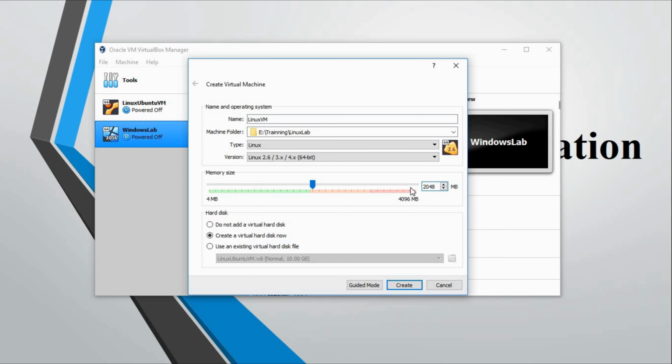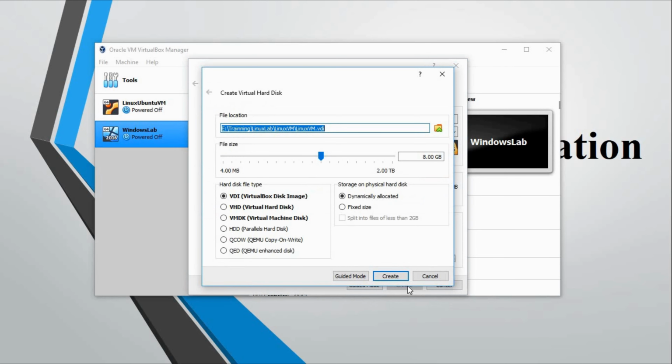Hard disk, create a virtual hard disk now. Leave it as the default and click on create. File location, by default it is picking my path, so leave it as default. File size, by default it is 8 gig, but for this lab I wanted to change it to 10 gig, so change it to 10 gig.